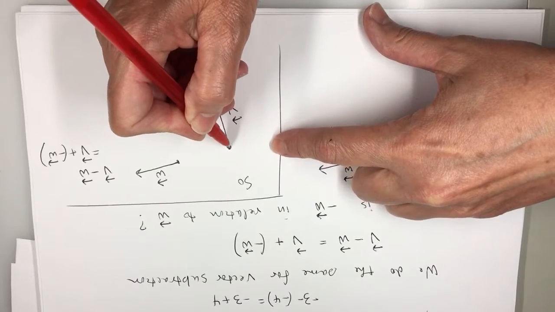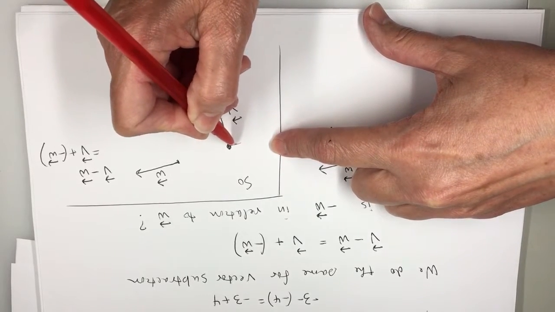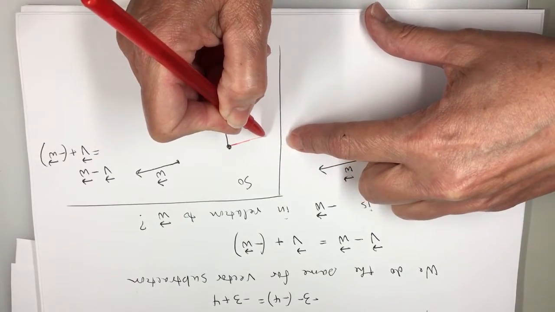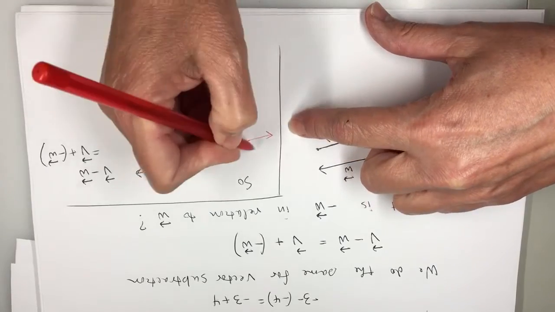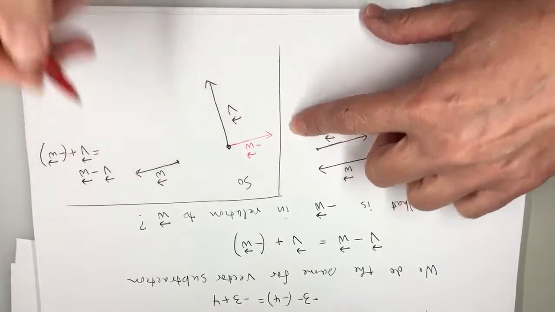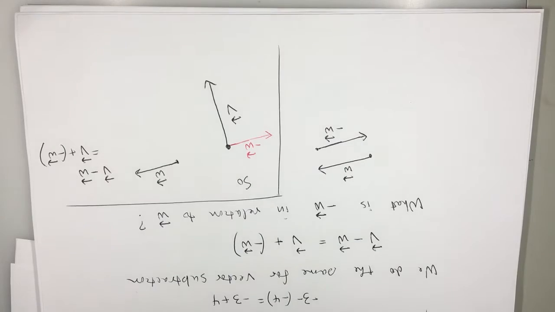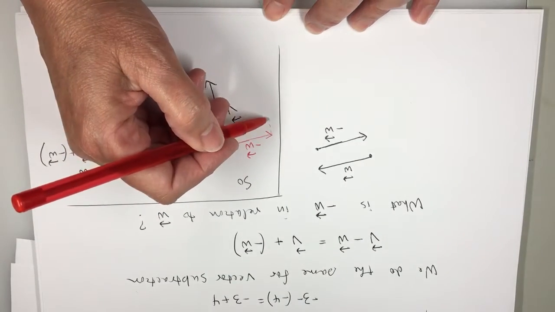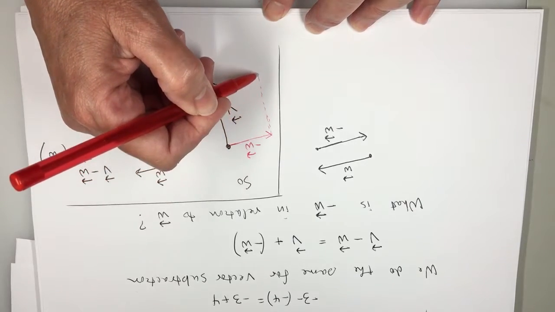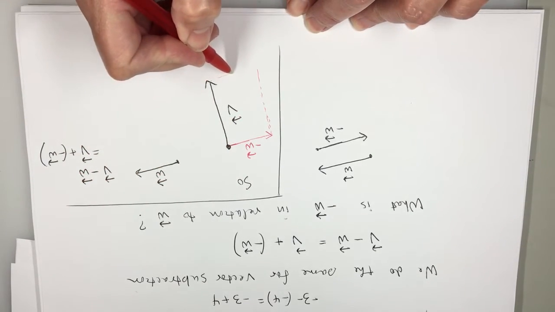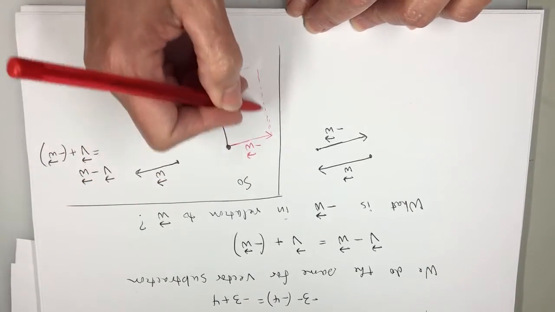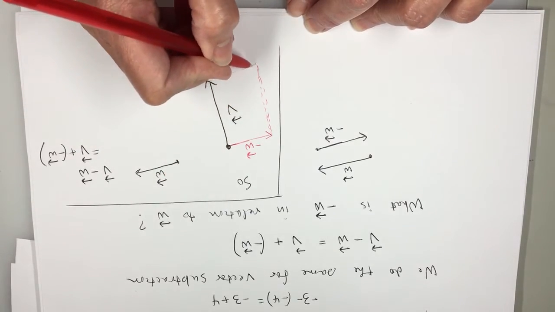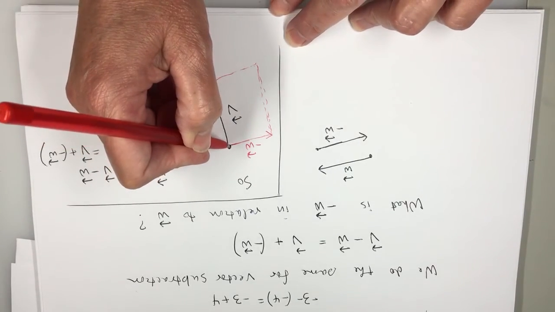So it'll go the other direction, same length, here's my negative W, and it looks like I'm using the parallelogram rule, so I'll sketch in the parallelogram. And then V minus W will be